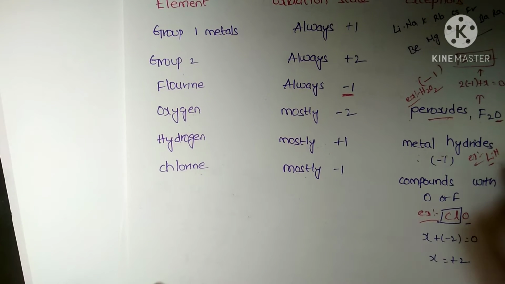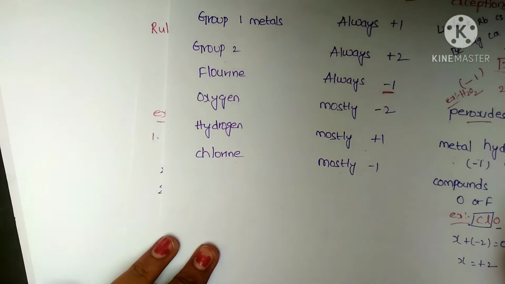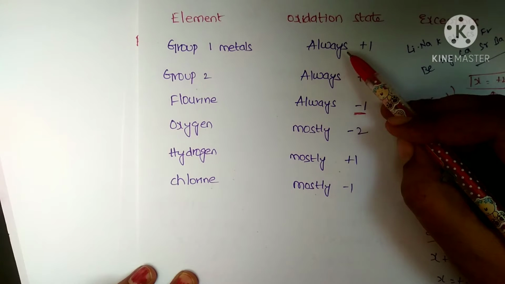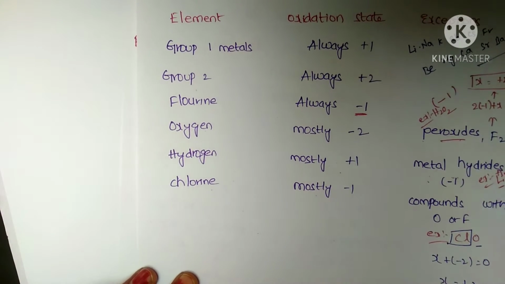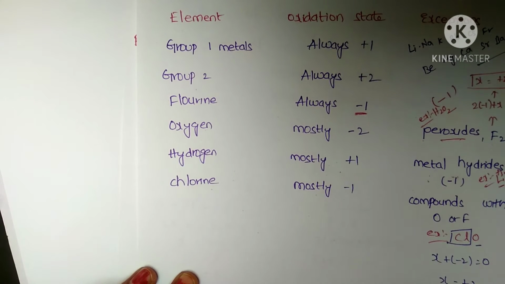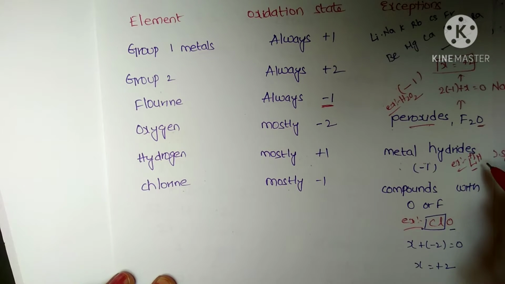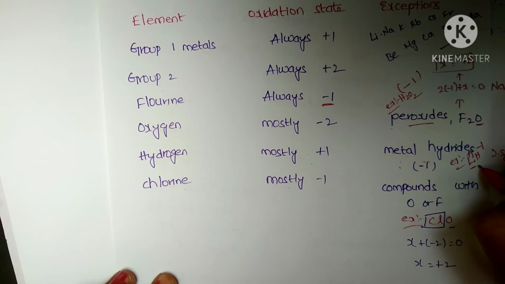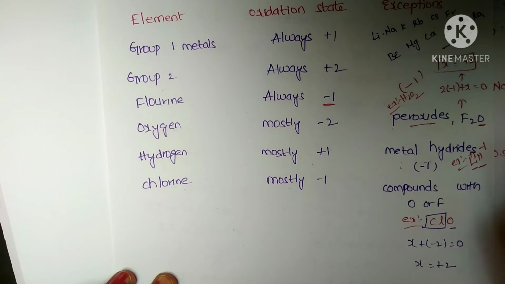Lithium is a metal, and in lithium hydride we will see the oxidation states of hydrogen and lithium. We all know lithium belongs to the first group. First group elements always exhibit the +1 state. For balancing any compound, plus and minus charges should be equal. Here one positive charge is there, so obviously the charge of the hydrogen will be -1. Like this, in metal hydrides, hydrogen will show the -1 state.